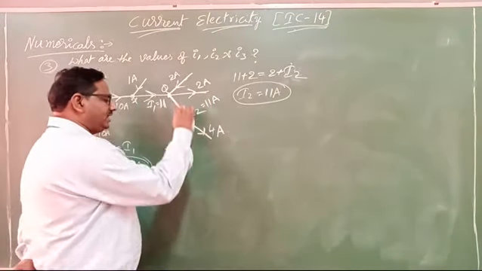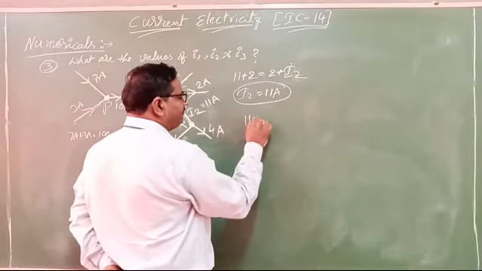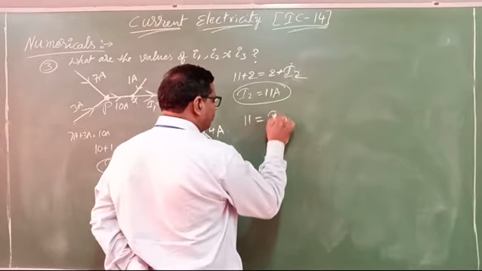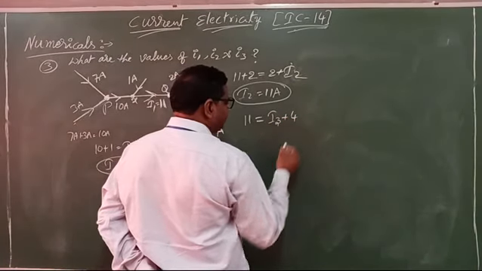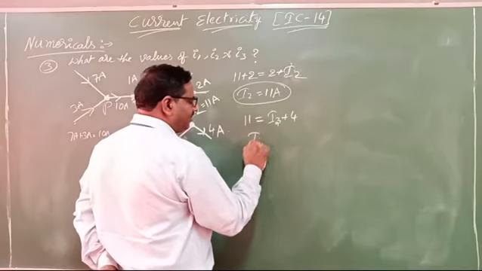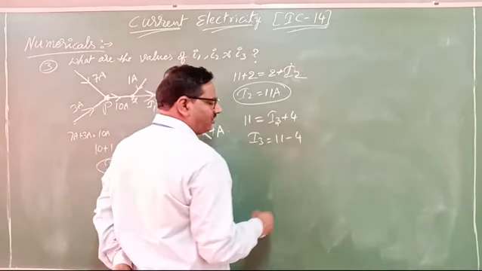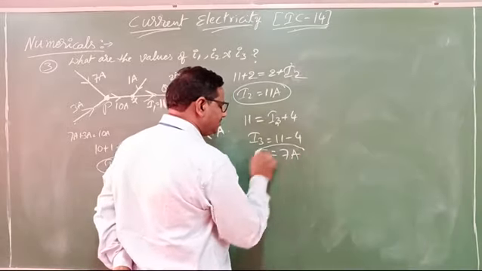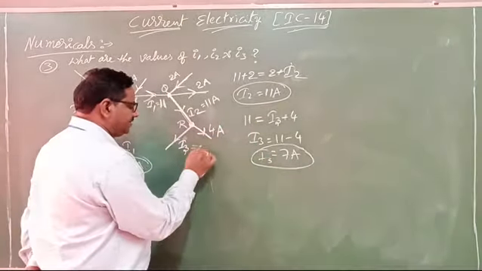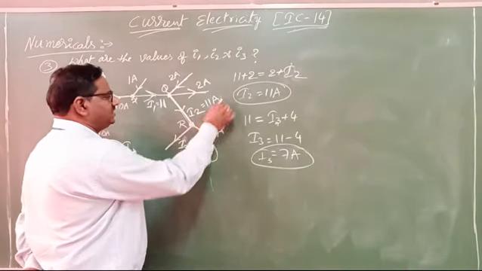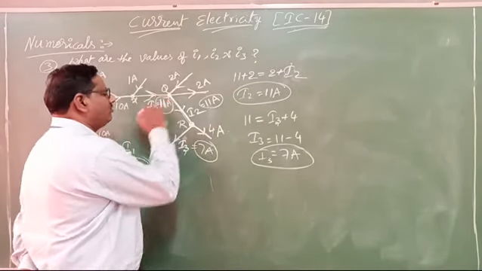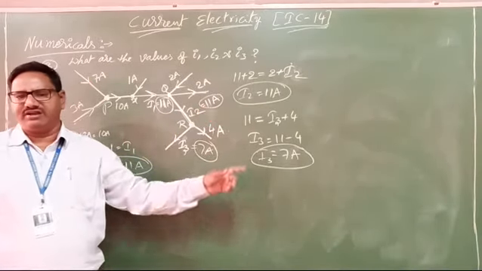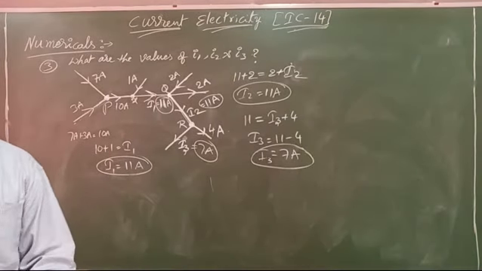Now 11 amps will enter into the junction. So 11 will enter, that equal to, here 2 currents leave. What are those? One is I3 plus the second one is 4 amps. Then I3 equal to what can you write? 11 minus 4. How much is it? 7 amps. Then I3 value, how much is it? 7 amps. Okay, I3 equal to 7 amps. This is one answer. This is one more answer. So how many answers do we have? 3. One is 11, 11 and 7. Okay. Remaining we will discuss in the next video.